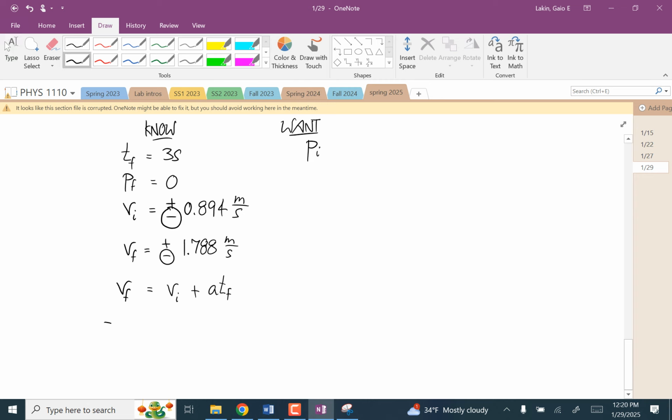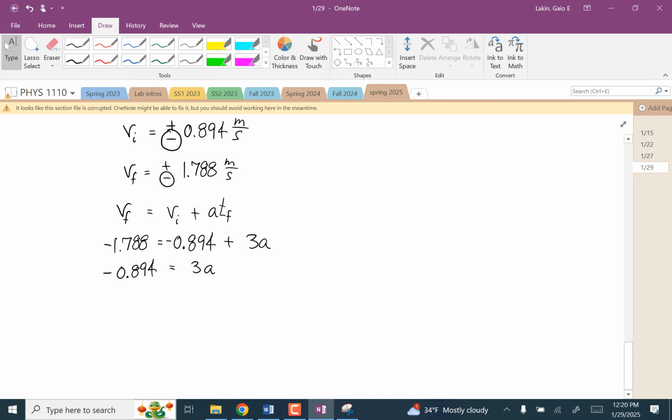So that says negative 1.788 is equal to negative 0.894 plus 3a. And so that says negative 0.894 is equal to 3a. And so a this time is equal to negative 0.298